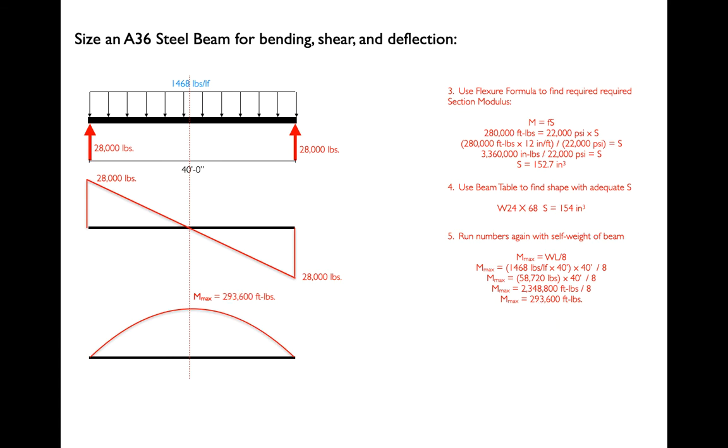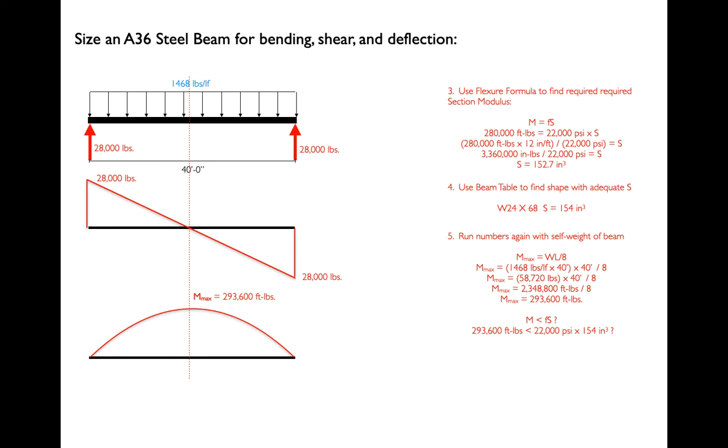So now we need to go back and see if this combination of the 68 pound per linear foot beam with its section modulus can carry its own dead weight plus the live load. We have a new moment, we have a new section modulus. We need to rerun the flexure formula and see whether this beam can actually carry its own weight and the load. So we go back to M equals Fs, but this time we're hoping that this new moment is less than the strength of steel times the new section modulus. Moment now is